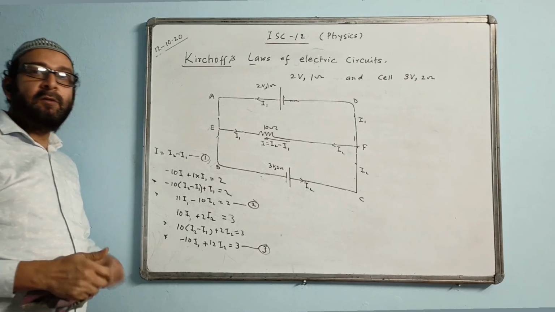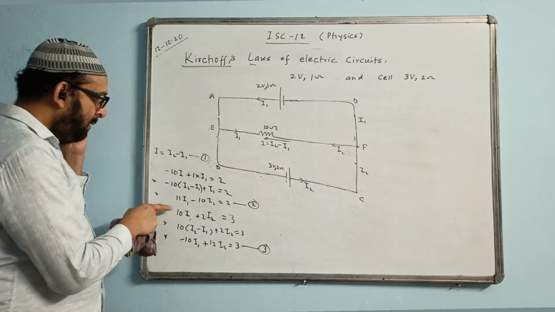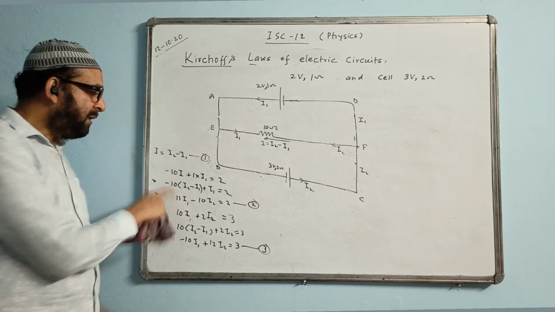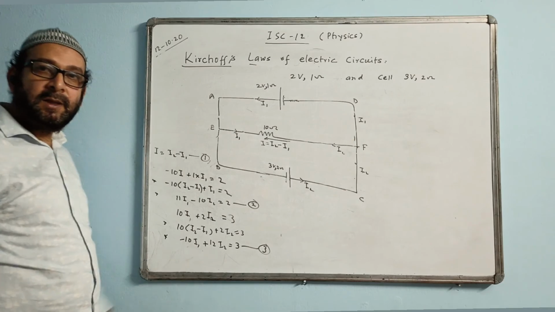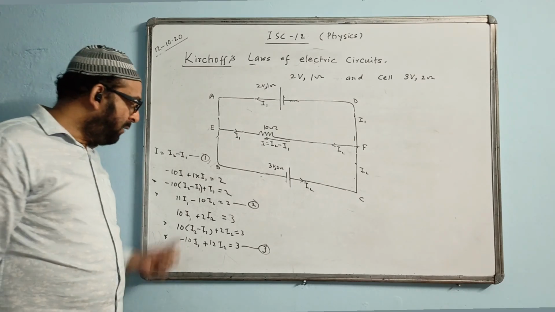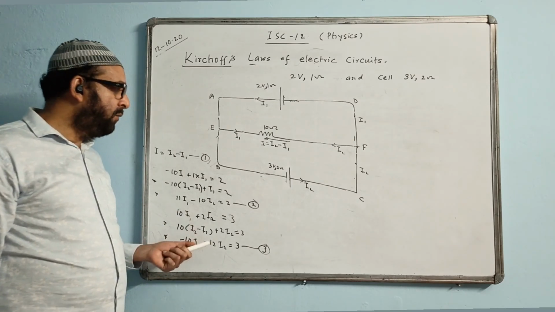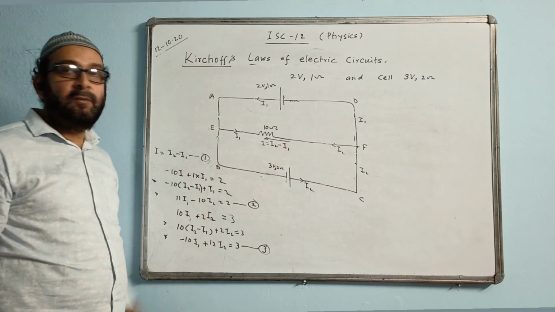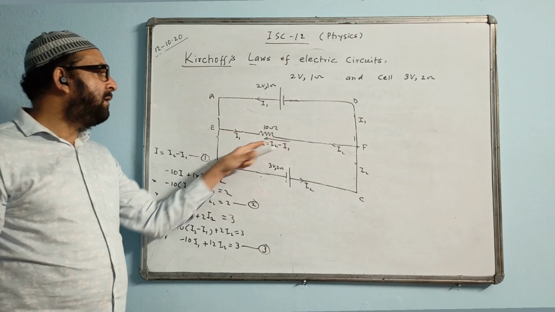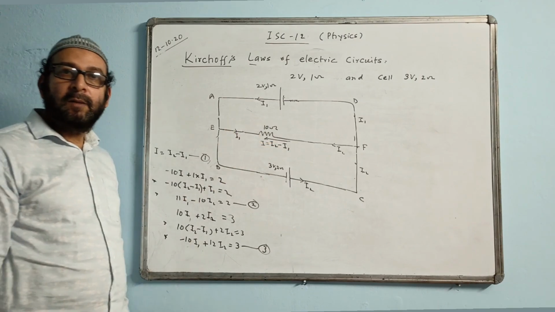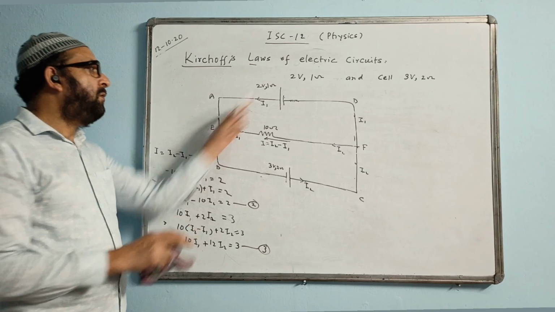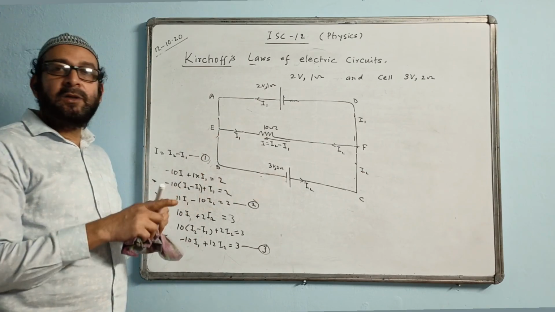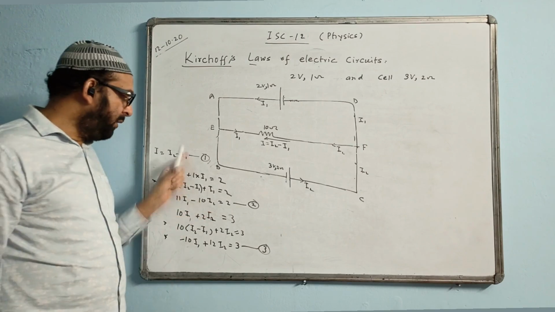Now again we will solve equations 2 and 3 simultaneously, like the previous case, and find the values of I1 and I2. That is the answer. If they ask to find the value of total current, that will be I2 minus I1. To find the voltage across this, you do I into 10, and the answer will come. So the two cells may have different EMF, and may give current in the same direction or in the opposite direction. Accordingly we do.